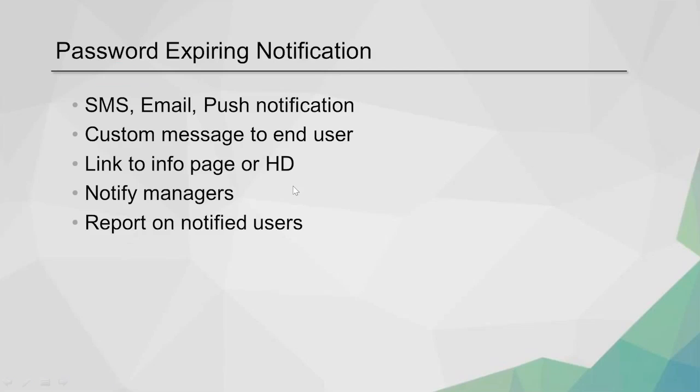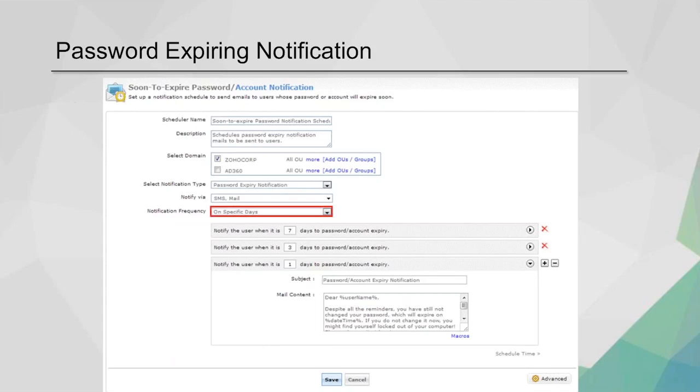So when it comes to the expiring notification, this is really where we stand out from Microsoft for some of the things they do, and we just enhance what they do. And here you can see that I have a more sophisticated schedule. Here I have SMS and mail, and this is certainly more sophisticated than anything Microsoft can do with regard to notifications.